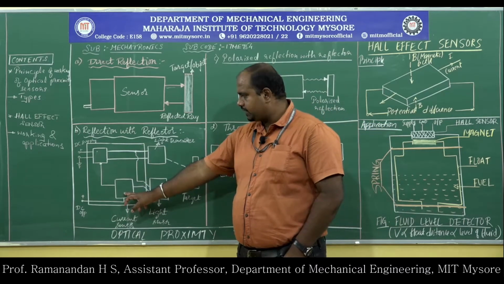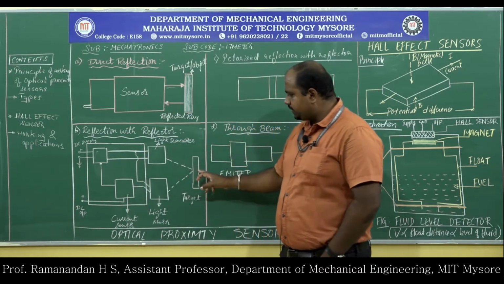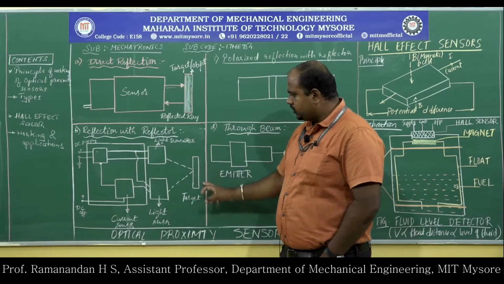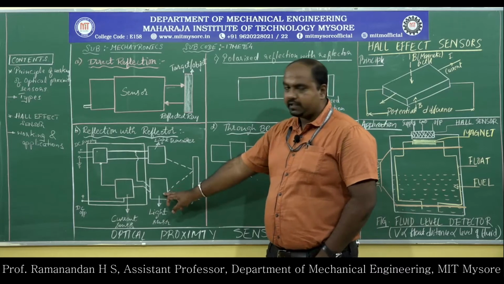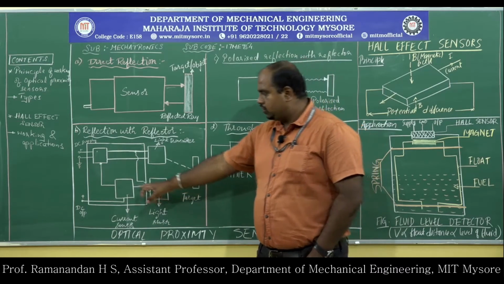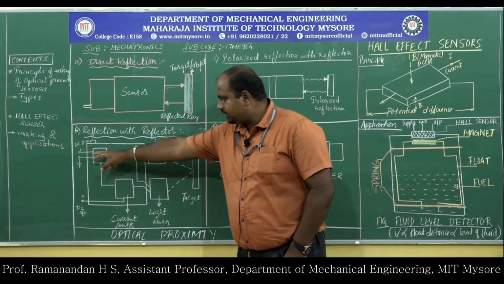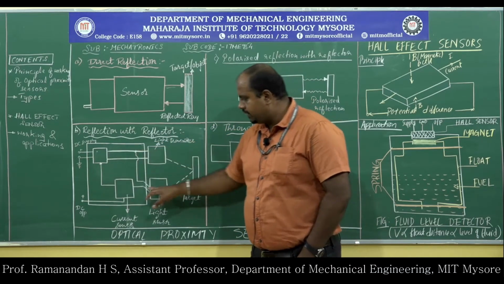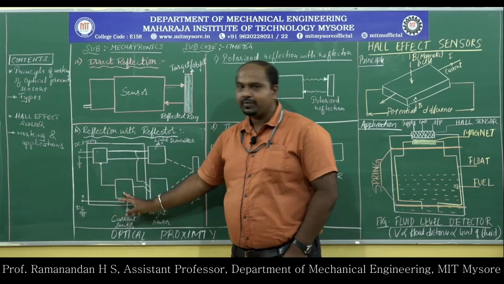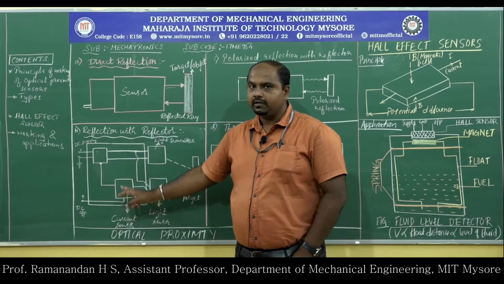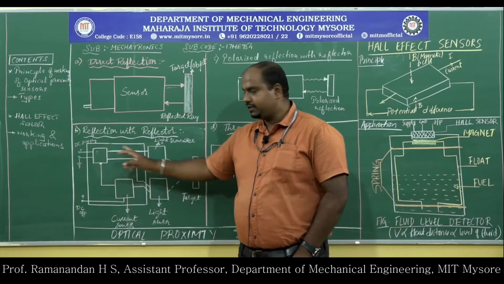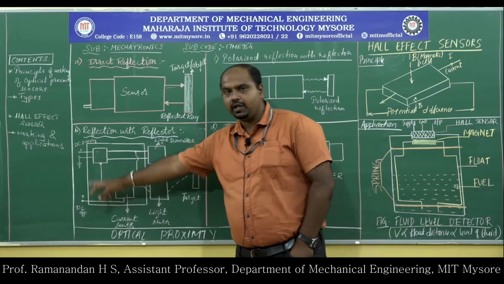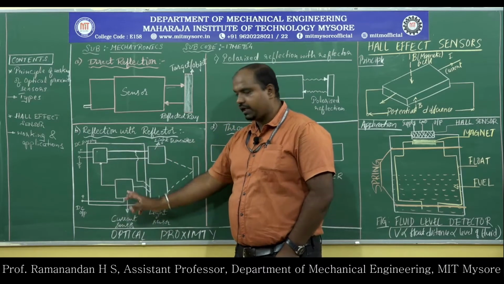There is a current sensor here. Whenever the light is emitted, there is no target here. So light will not be reflected to the receiver. Whatever DC supply is converted to AC will usually be sensed by the current sensor. There will be no change in the AC power supply from the input to the output. The same current will be detected by the current sensor.